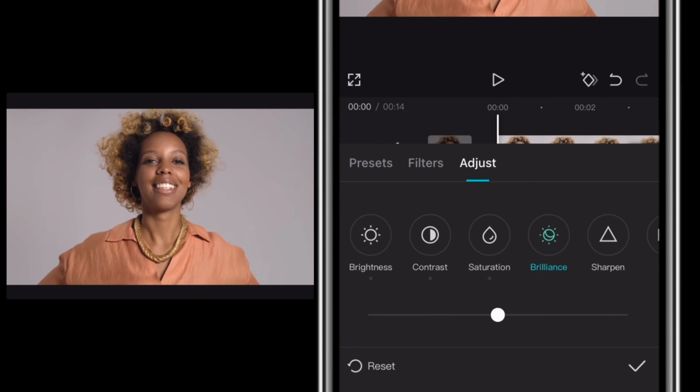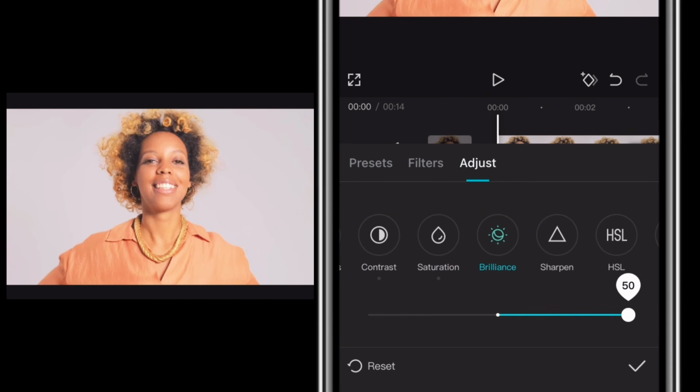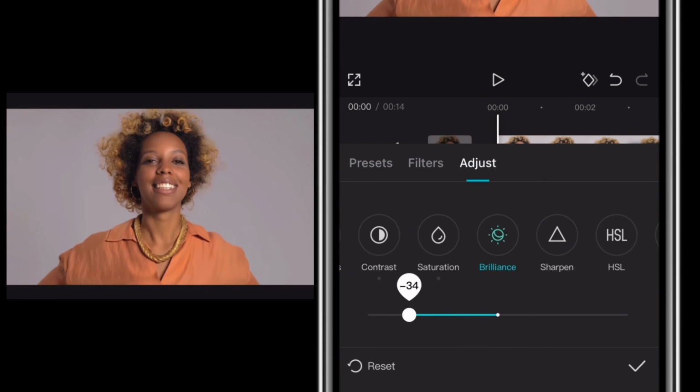Then I'll go to brilliance, increase it. It just makes it really brighter. And let me leave it at -2. You can tap on your screen for like 2 seconds to see the before and after and to know the progress you're making. When you're color grading your video, especially as a beginner, make sure you don't do too